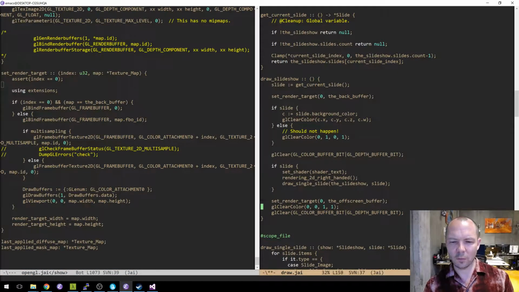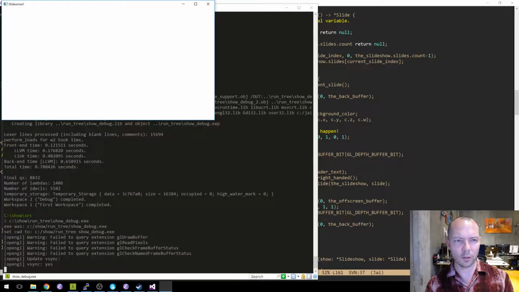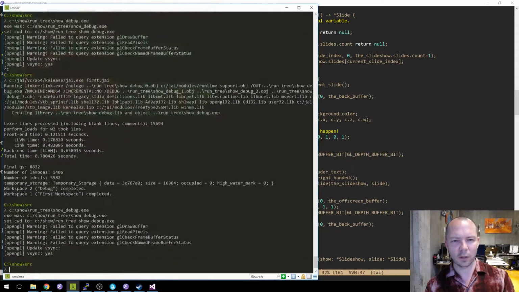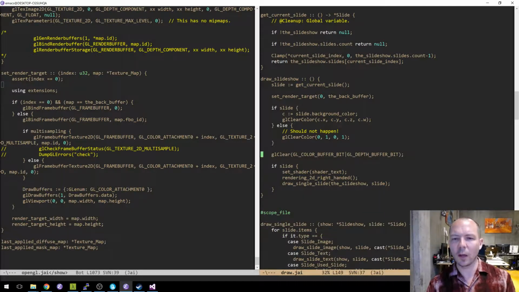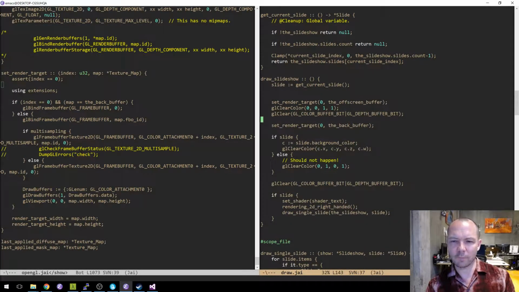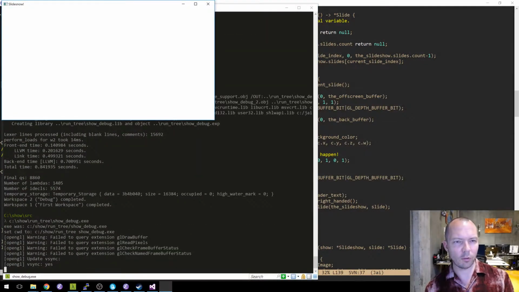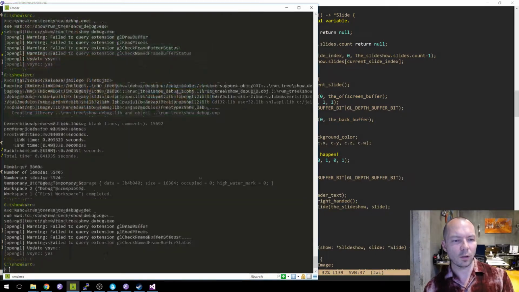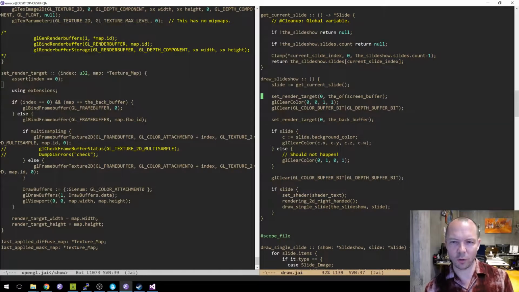Let me see. So what happens if I do this? I may have some state dependency on what. No, that did not matter. Well, let's put this back where we actually want it, because what we will eventually be doing is rendering to the off-screen buffer first anyway. So let's do that. We should see, okay. Well, now the first frame isn't correct anymore. So it is something about this.